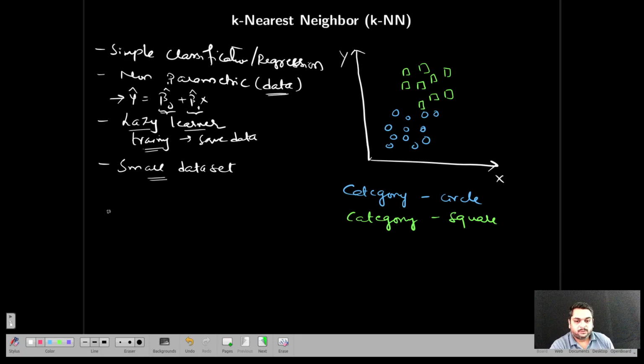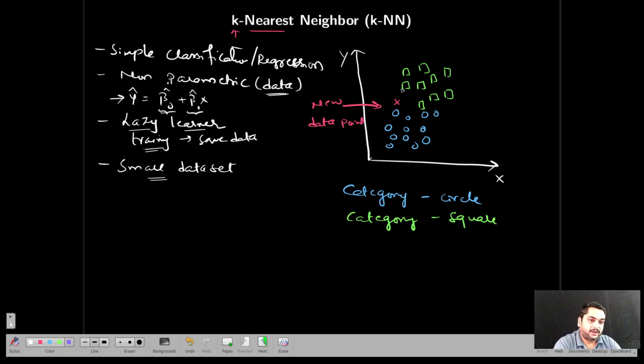Now, what exactly does this algorithm do? Say there is a new point X. Now our goal is to find which class or category this new data point belongs to. So to classify it as category 1 or category 2, that is circle or square, what this algorithm says is: k nearest neighbors. You find some nearest neighbors. K means some integer value. So let us say